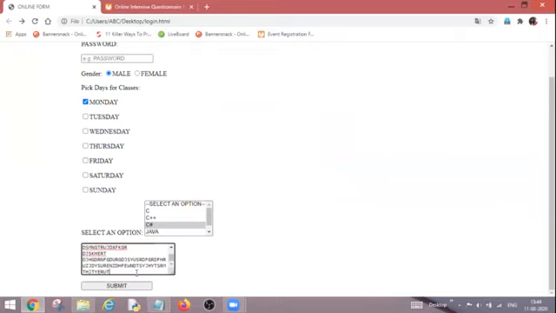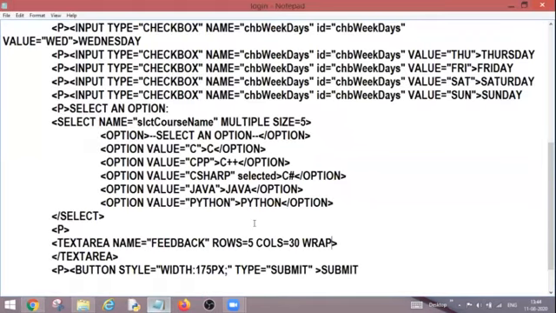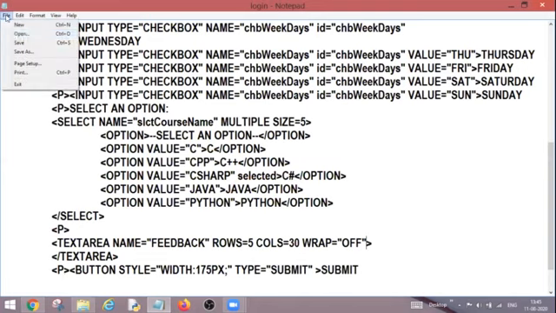But if I want my text to appear in a single line only, what can I do? I can turn off the word wrap feature, which is enabled right now. By writing off, the data will not shift to the next line, but will be written in the same line.